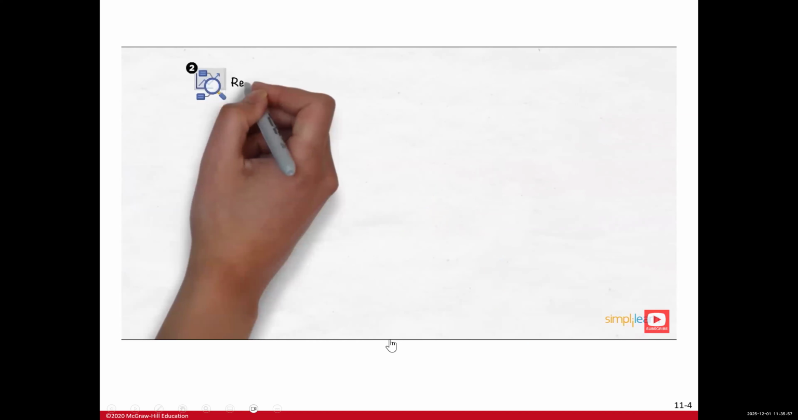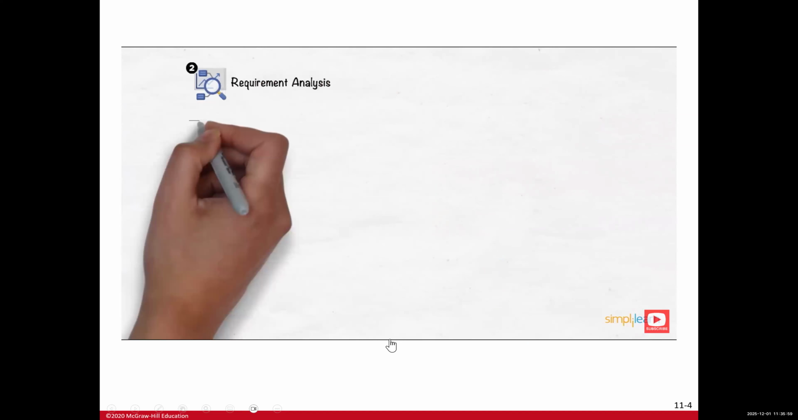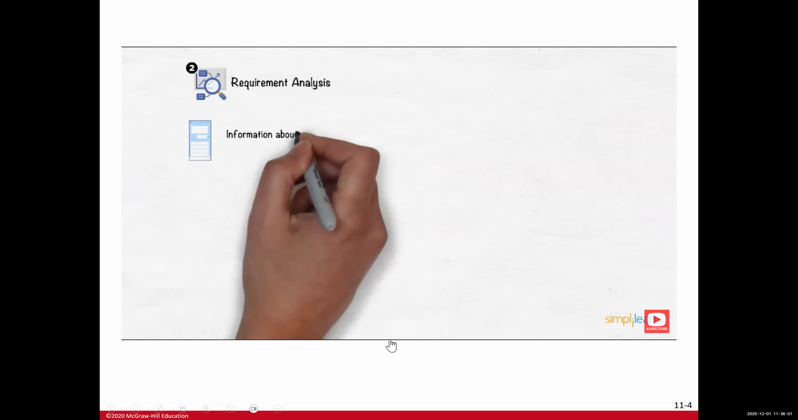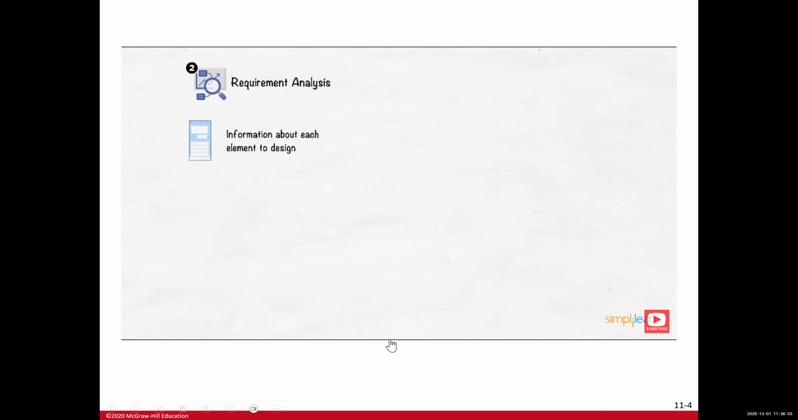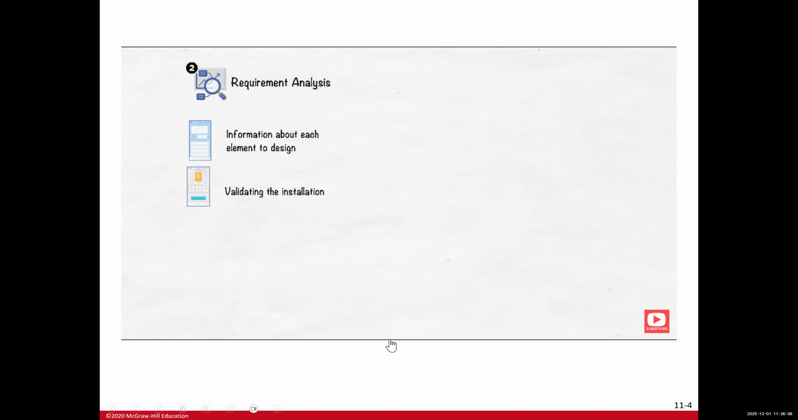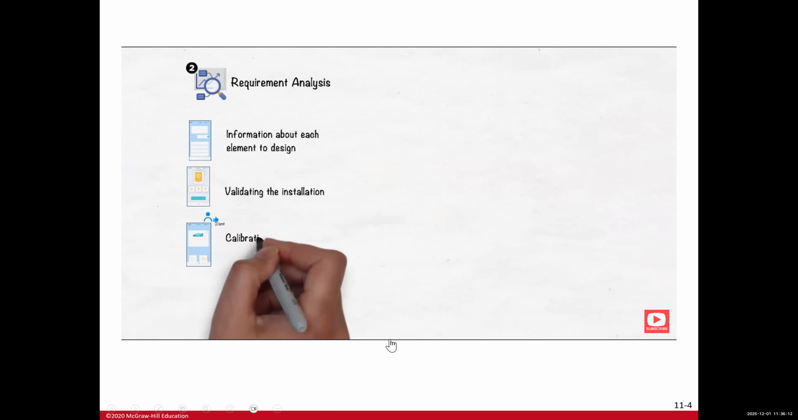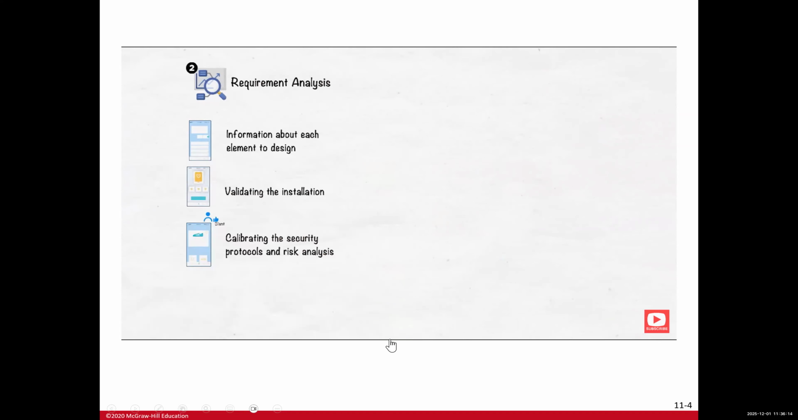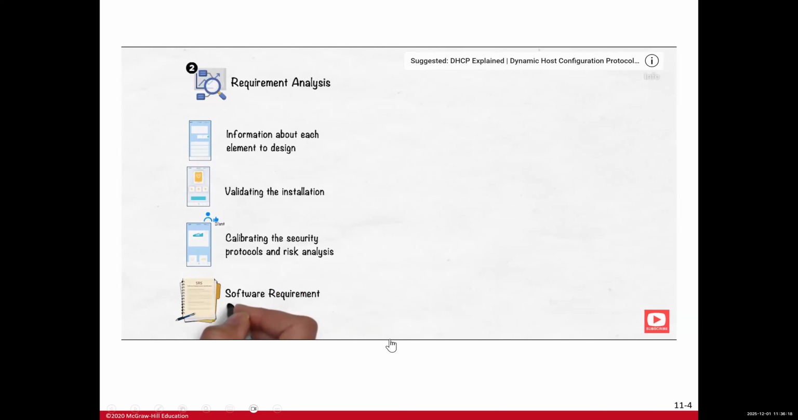The development moves on to the second stage, the requirement analysis phase, which includes the detailed information about each element to design the software as discussed, validating the installation of elements in the application according to the client's requirements, calibrating the security protocols, and performing risk analysis for the software application. And all the discussed details are then to be filed in the Software Requirement Specification document, also known as the